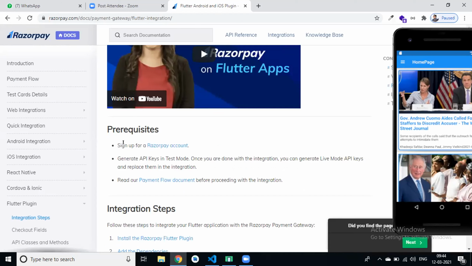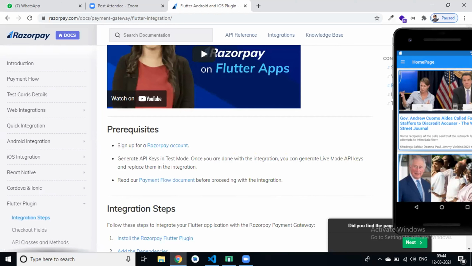First step is sign up for a Razorpay account. Then generate an API key in test mode. In test mode, we can do lots of payments with a demo card, not a real card. Once you are done with integration, you can generate a live mode API key. So for today's application, we will use the test mode API key.